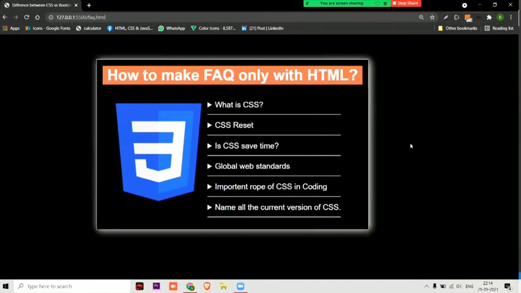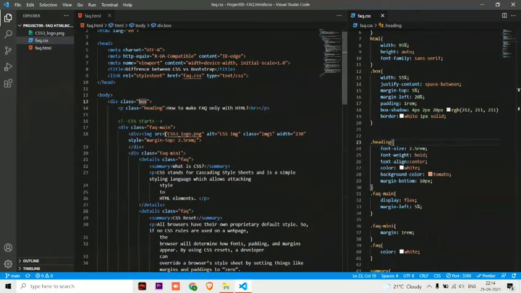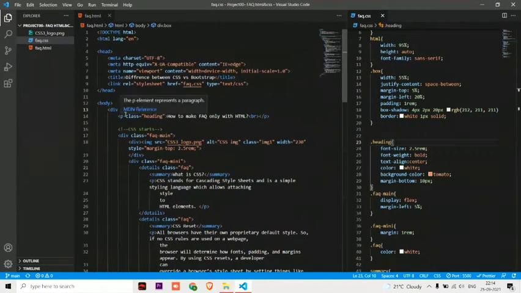Okay. It's completely in your hands what you want to give. Here I wanted to give some shadow and border as well, so I have given, and I have taken some space from the top, and I have given a space from the left. Okay. Now let's go to the other thing. And okay, so here is a heading.